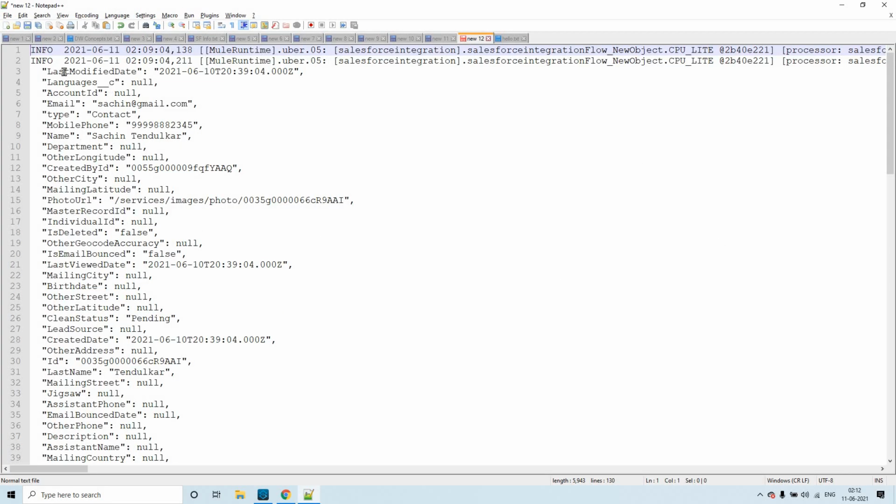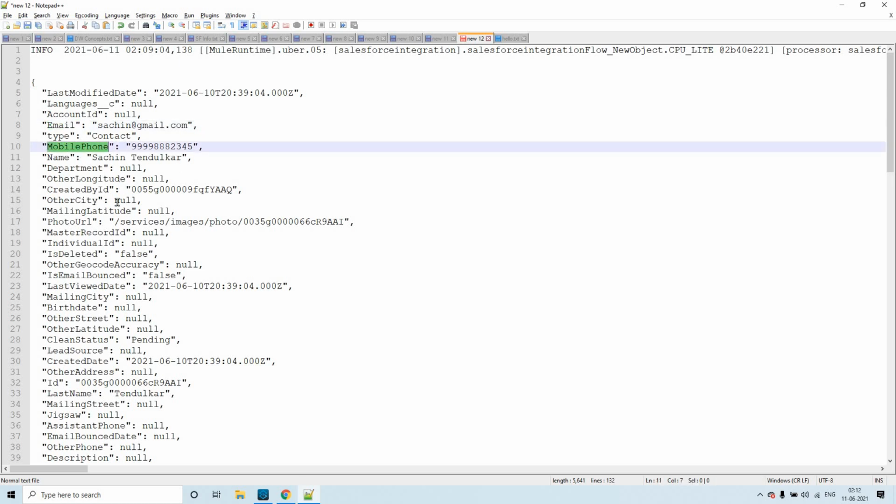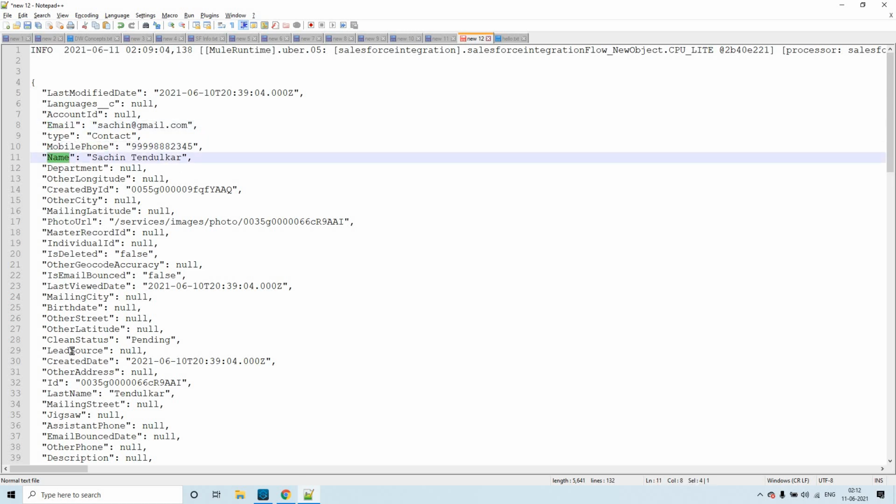That is the reason we could see it as a key value pair. If I remove this, see, it is in the key value pair. It's an object and it is like key value pair information, right? So a lot of details are null because we have only filled very few information.